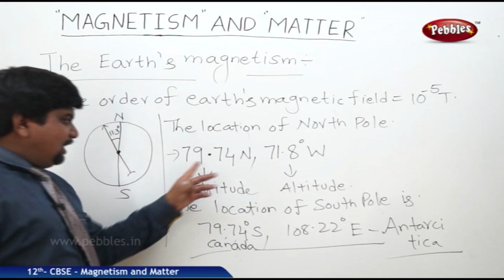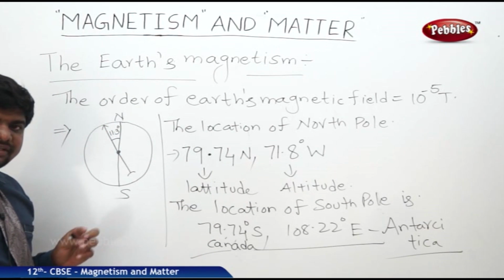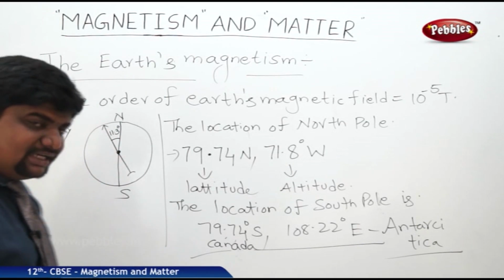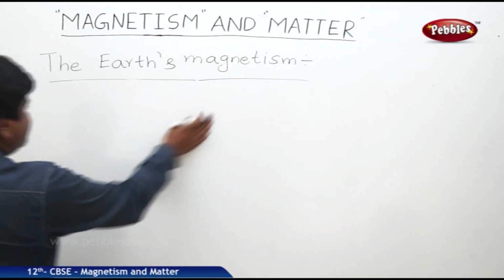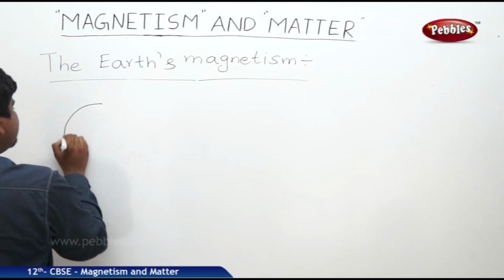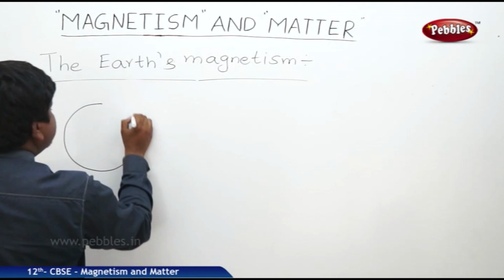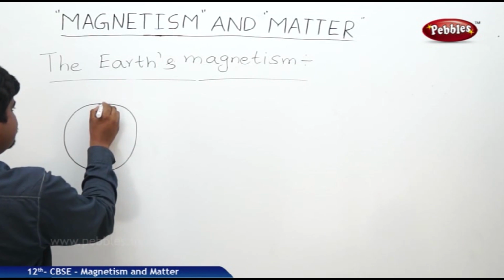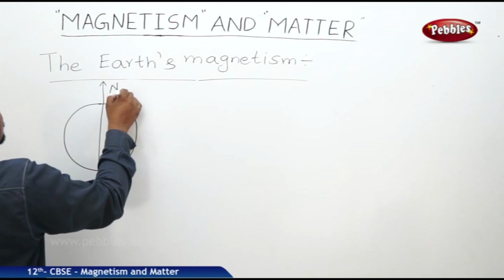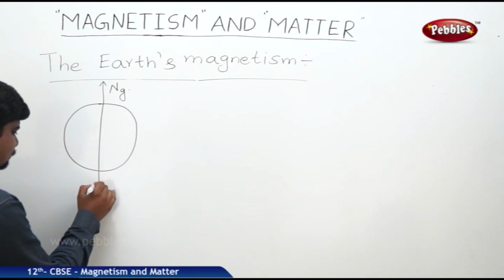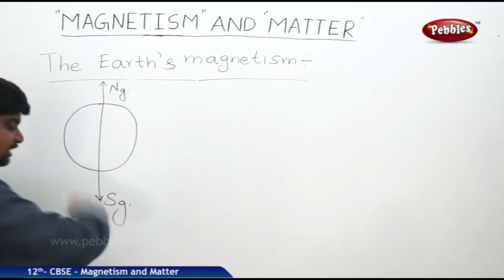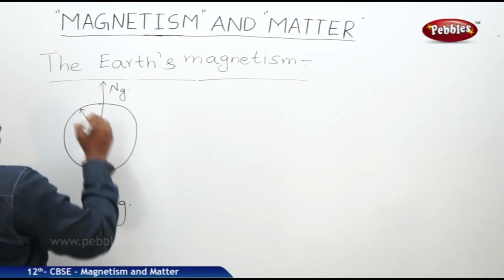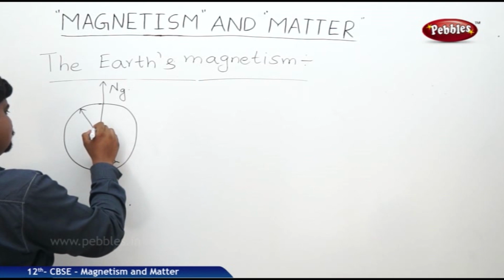So like this, exactly 90 degrees to there is a variation of 11.3 degrees from the magnetic dipole axis to the Earth's dipole axis. It is not completely merging. So if you see the diagram, if this is the globe, which is in a spherical shape, to see it clearly. This is geographical North Pole, this is geographical South Pole, SG. So this is the point of suspension. This is theta.